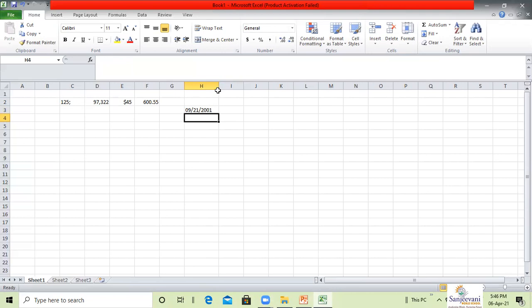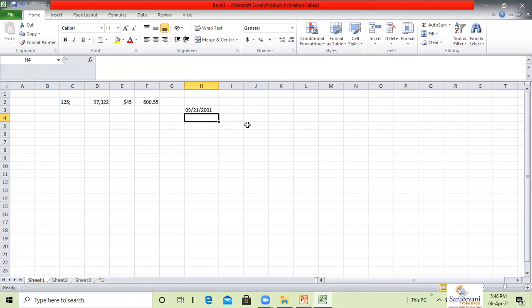Formulas. A formula is a mathematical expression involving number values, operators such as plus, minus, division, and cell addresses for performing calculation on the worksheet. Formulas evaluate to a single value. You get a single value when you evaluate the formulas.